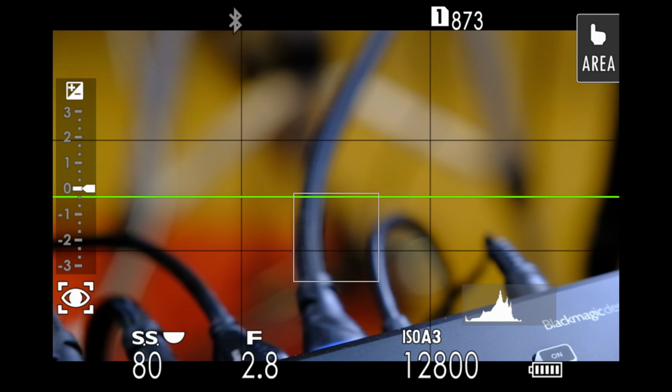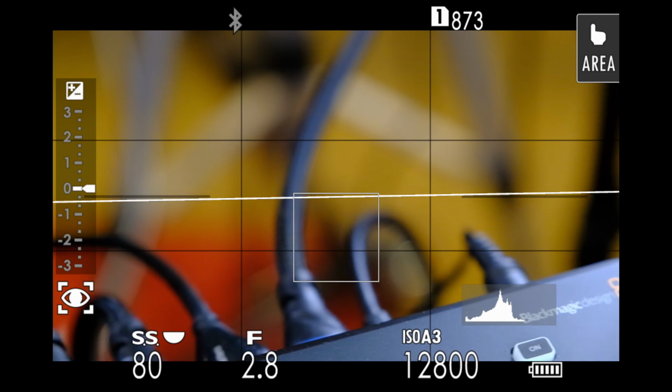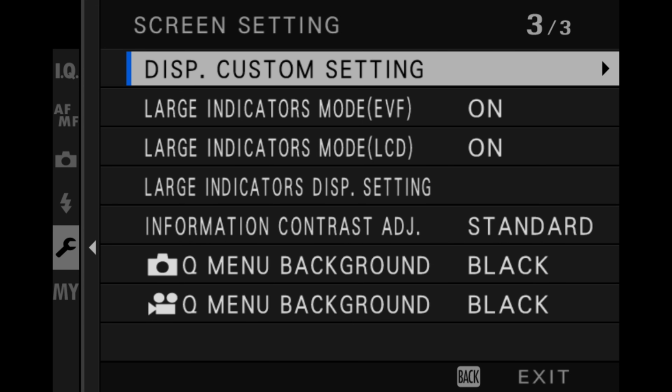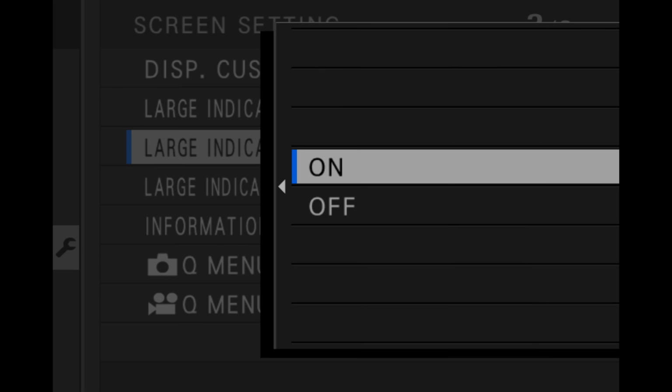If I press it again, I get the default screen. If I press it again, it removes the grid lines, but it keeps all the other clutter there. It doesn't do that if you have large indicators mode turned off. Here it is. See that? Now they're gone. I hope Fujifilm fixes that in a firmware update so that if you have large indicators on, but you decide you want to press the DISP back button to clear all the clutter, that it clears all